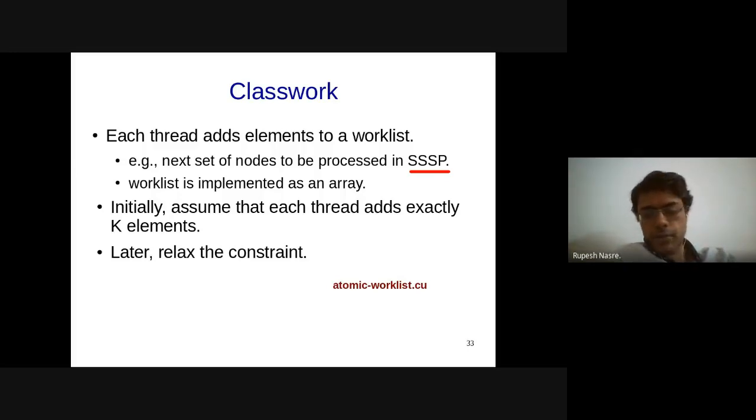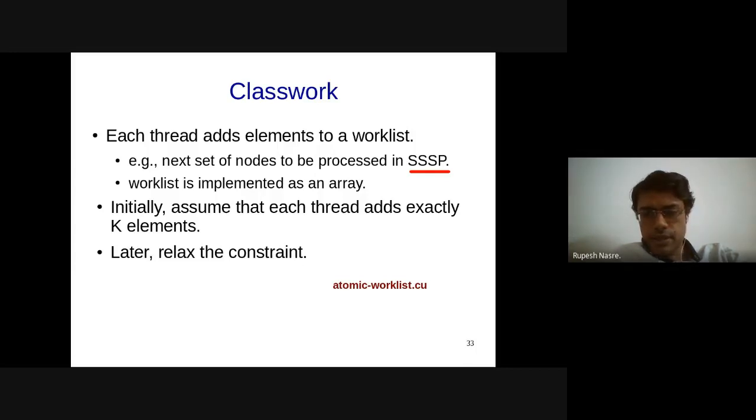So you can use either atomic increment, in which your elements might get interspersed, or you can use atomic add, where this value could be some ki, which might differ across threads. What is guaranteed is that your counter has been updated from the old value of the counter by this ki, right? Therefore no other thread will ever get something within this ki chunk, and you will be able to work it out irrespective of whether you use atomic add or atomic increment. It's just that the performance-related aspects that we discussed will come into play with respect to the number of atomics that we execute. Right. So the k can vary, that is okay.